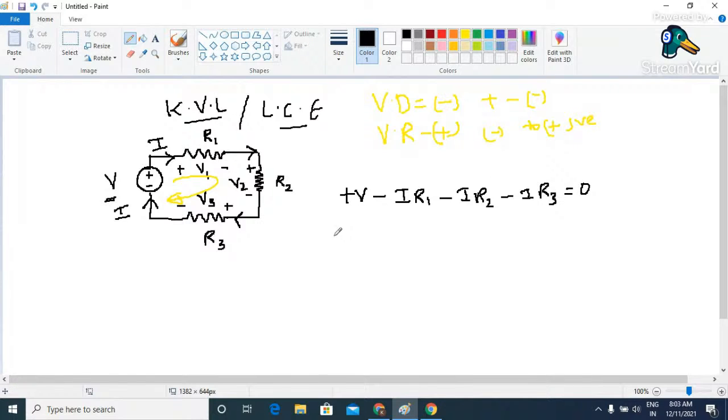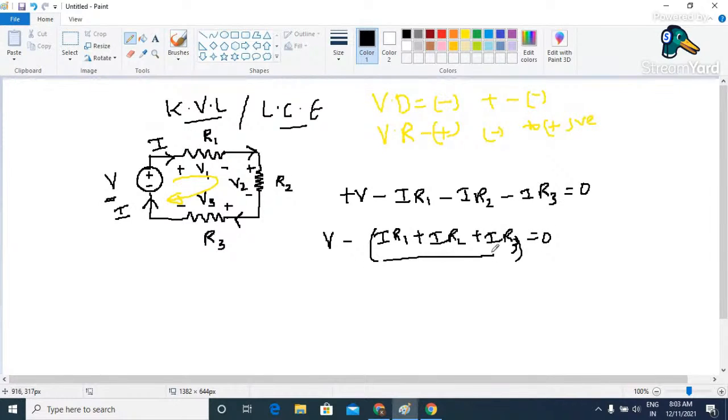Or I can write this equation as V, if you take minus as common, I into R1 plus I into R2 plus I into R3 in bracket going to be equal to 0, whereas